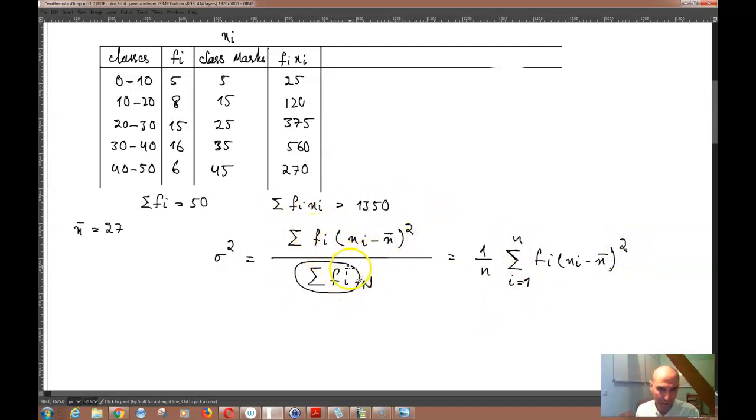It is basically the average of this difference over here, raised to the second power, of course. So then using this formula, what you can do is